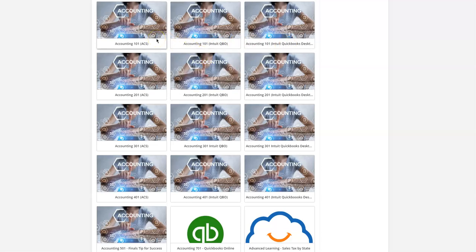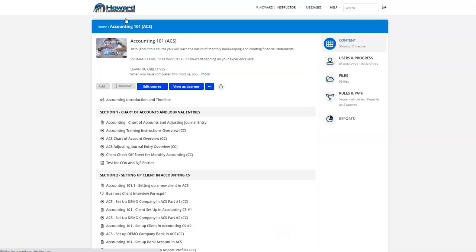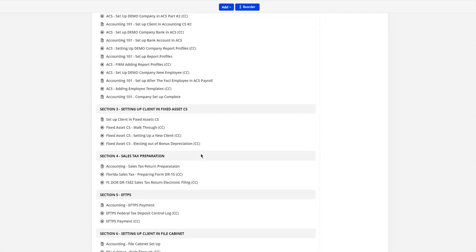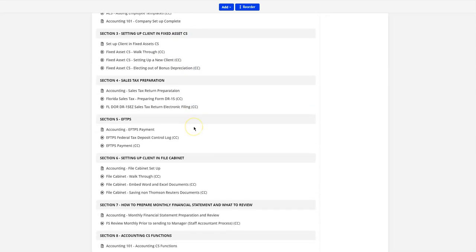The sample set and the data is the same for all three pathways. The way that the information is entered into the softwares is different and specific based on that particular piece of software. If we look at the Thomson Reuters ACS, we do train the individual on how to set up a client in ACS, how to set up bank statements, report profiles, how to add new employees, how to add employee templates and report templates, how to set up a client in fixed asset, how to prepare a sales tax return,